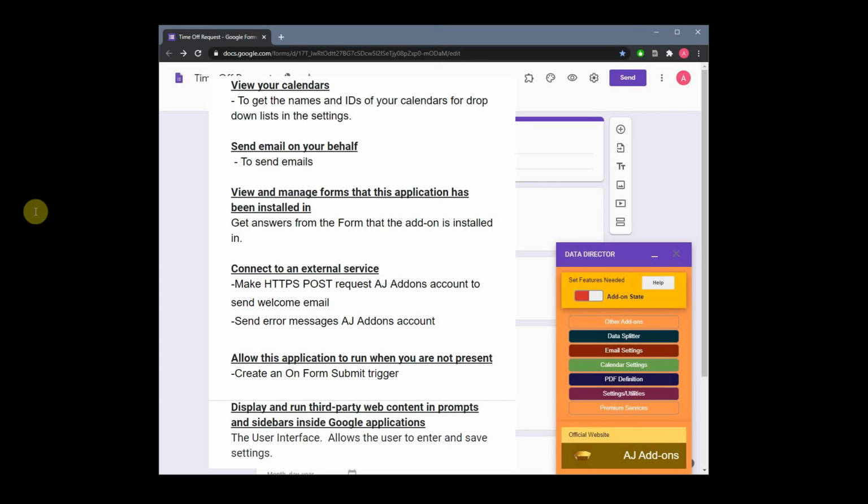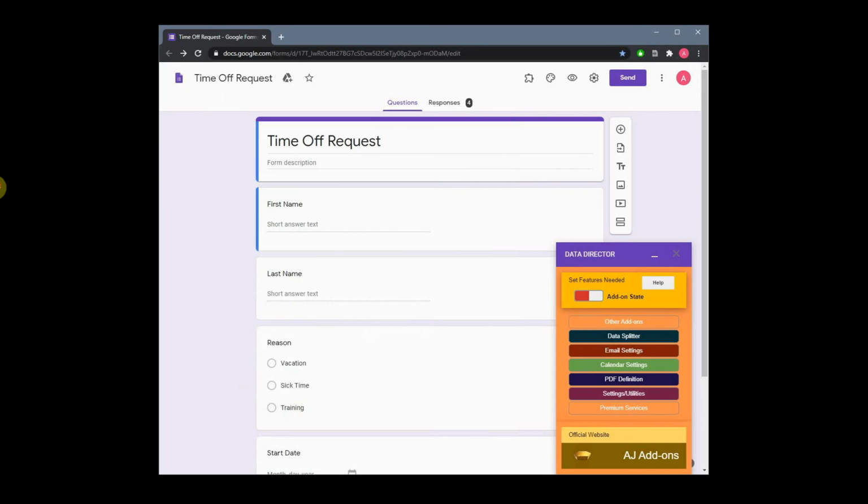Display and run third-party web content in prompts and sidebars inside Google applications. This is for the user interface. It allows the user to enter and save settings. These uses will be demonstrated when I show how to make the settings and what happens when the form is